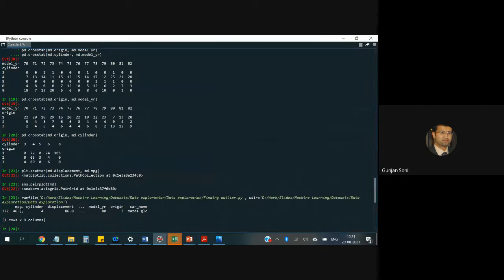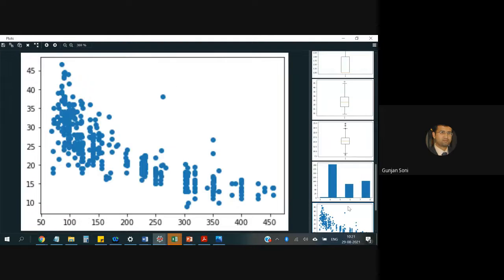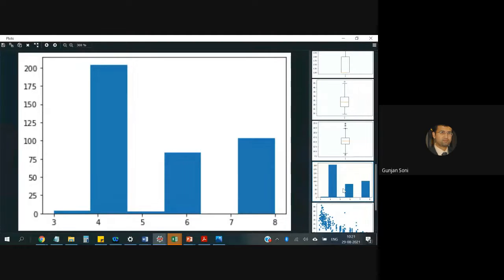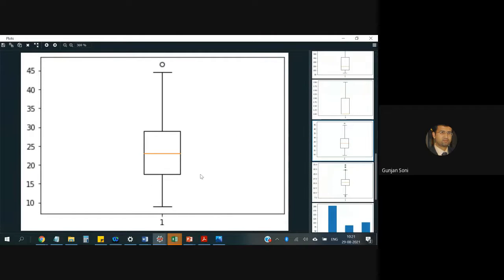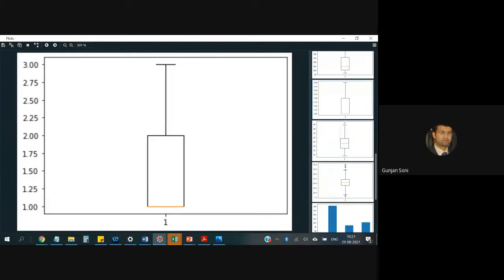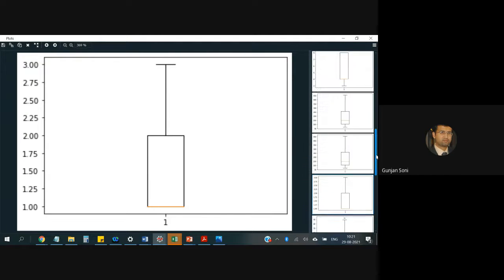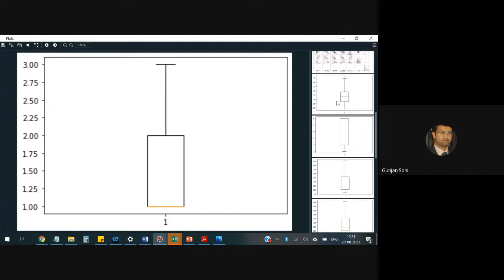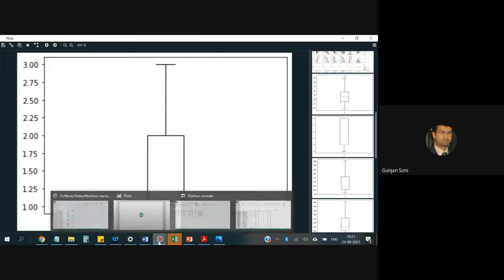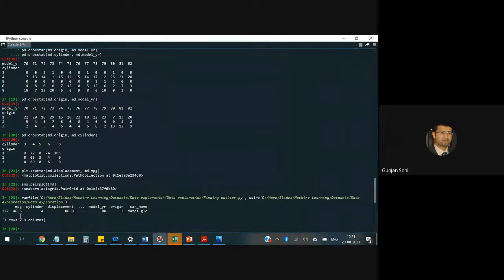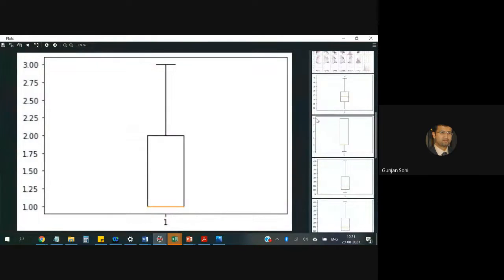It had only one outlier. So I think the box plot that I showed you was not the one. There was 322. Okay, so one outlier, 46.6 mpg, right? 46.6.